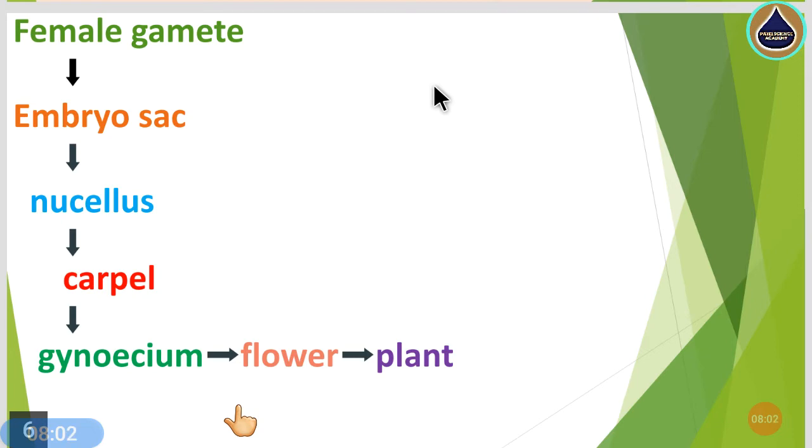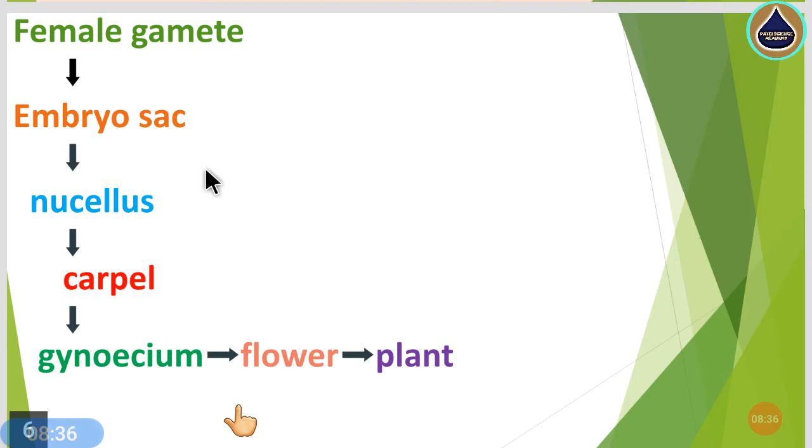Earlier I have explained about the male gamete, how it is formed, where it is formed, and how many cell divisions are needed. It is now clear that 4 male gametes from the 4 pollen grains are formed by one meiotic cell division from the pollen mother cell. Now we'll go for the female gamete and how it is formed and where is the location of this female gamete.